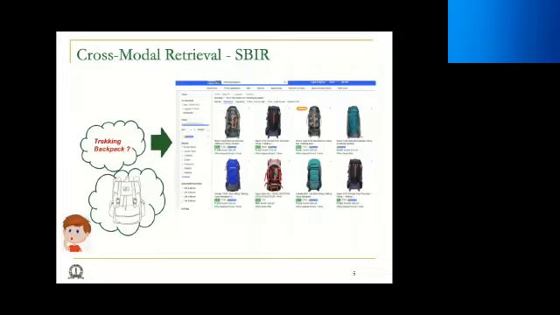Text and image matching is a very, very popular application where we might type in something, say, for example, this kid has typed "trekking backpack" with the hope of getting images of trekking backpacks, right? Instead of a text, you might want to just sketch out what you would actually want, because you might want a very specific type of backpack. So you can just sketch out what is there in your mind, and then you would want to retrieve similar type of backpacks. Okay, so this is cross-modal retrieval or cross-domain retrieval, where your input belongs to one modality and you are expecting an output from another modality.